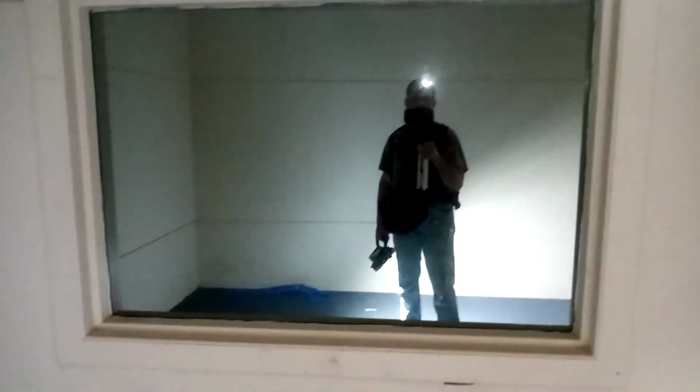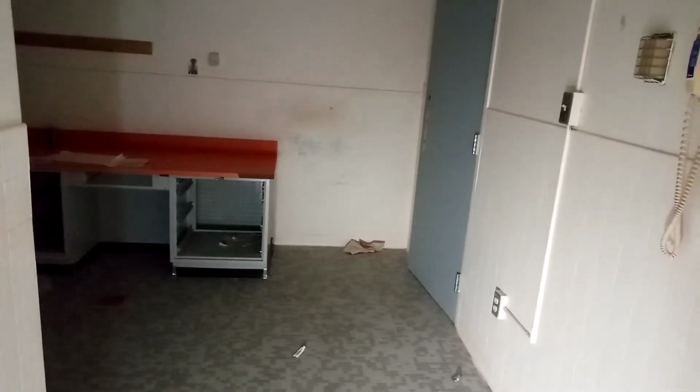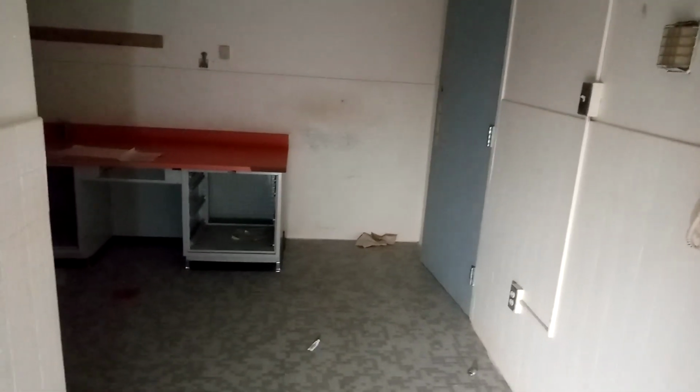And when you look at the window, I guess it's still mirrored in here too, relatively, but I think you can see out the other side on this end. Sorry, I bumped the window with my light. And we thought maybe it was an interrogation room. But if it was, theoretically the mirrored end would be in the room we were just in, so they could observe somebody who was being interrogated out here. Well, then